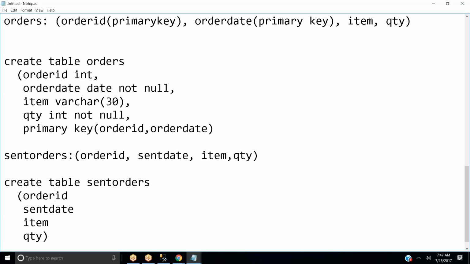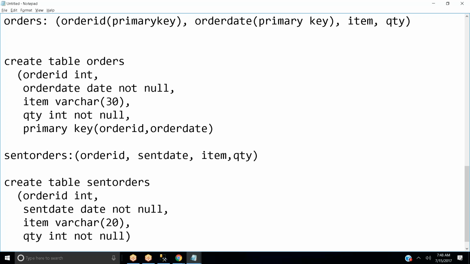Okay. Now we will specify my data types. For order ID, I will give integer, and for sent date, it is date and not null. And for item, varchar, and for quantity, integer.